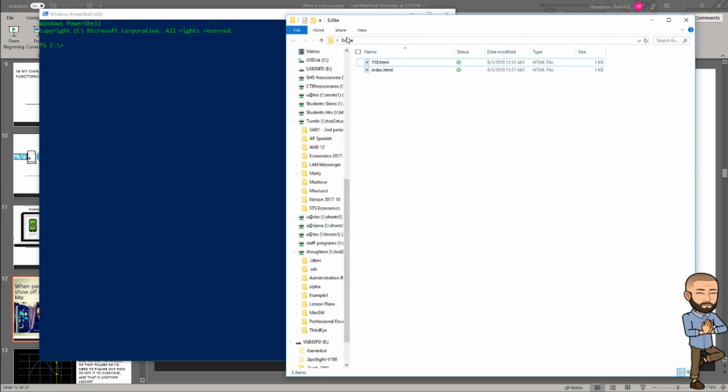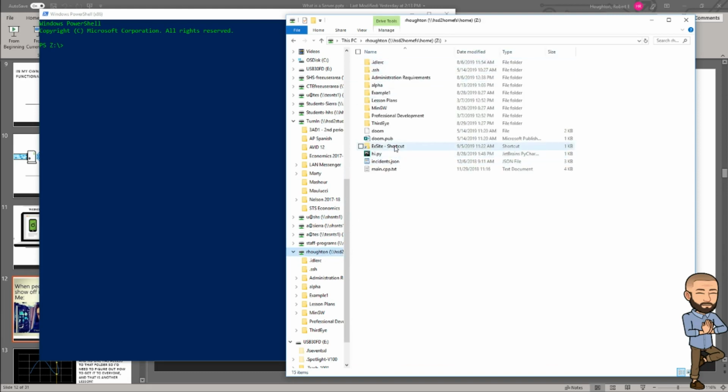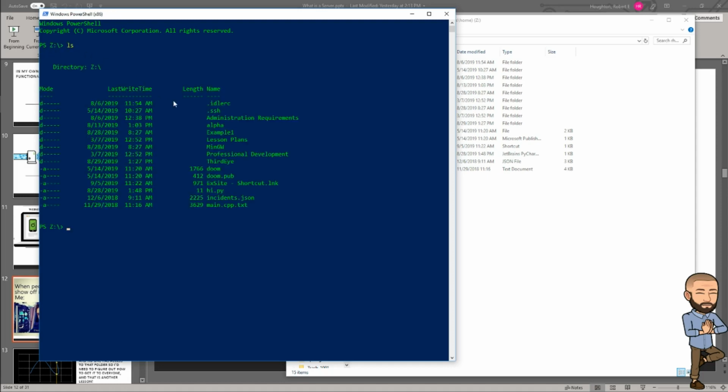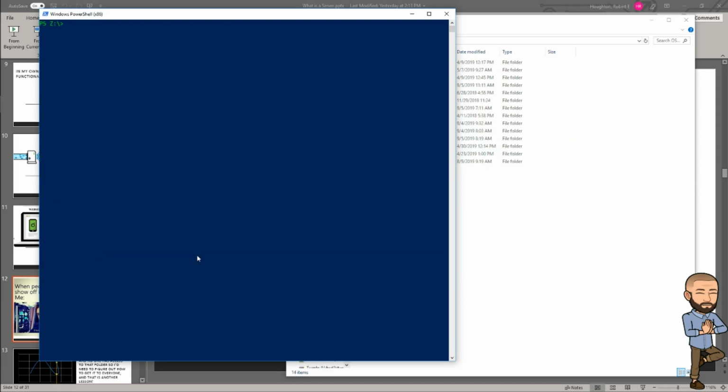Nope, I don't see it. So let's try again. So this is kind of why I hate GUIs. I'm going to drag and drop into this drive. When I click, I see it right there, right? So notice over here in PowerShell, I'm in the Z drive right there. So if I ls, there's all the folders and files that exist here. And if I cd into that ex site folder, so alright, I hit a few barriers,